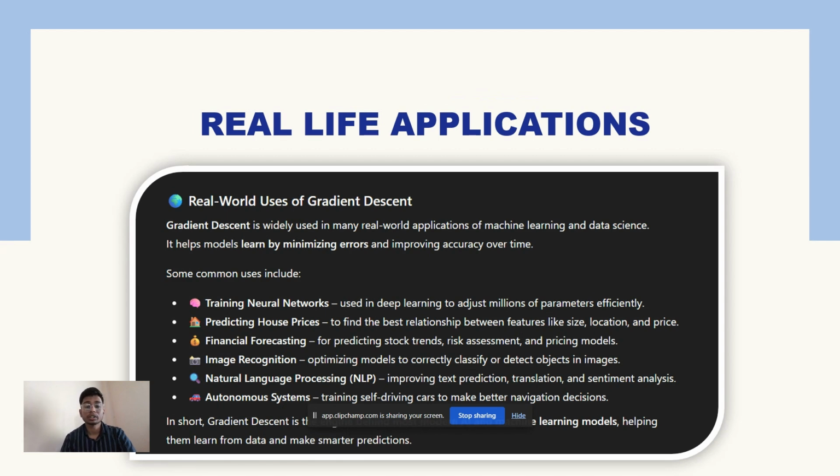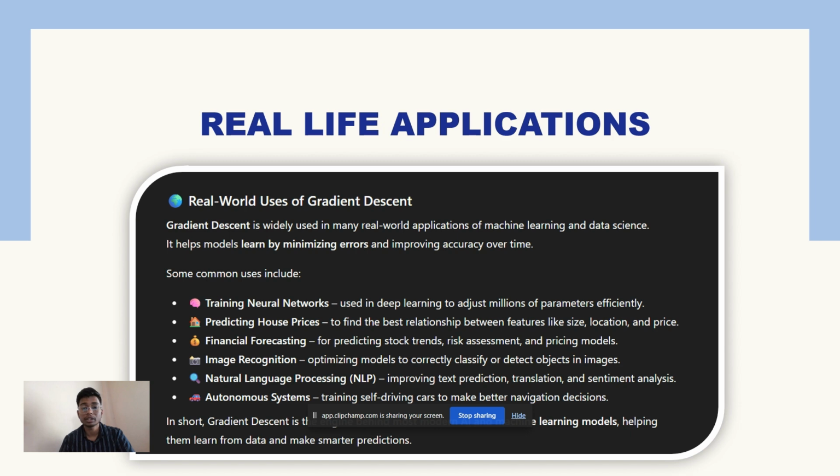Now we will see the real-life applications of gradient descent. Gradient descent is widely used in many real-world applications of machine learning and data science. It helps models learn by minimizing errors and improve accuracy over time. Some common uses include training neural networks used in deep learning to adjust millions of parameters efficiently,